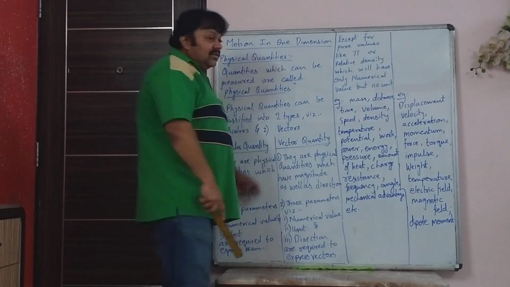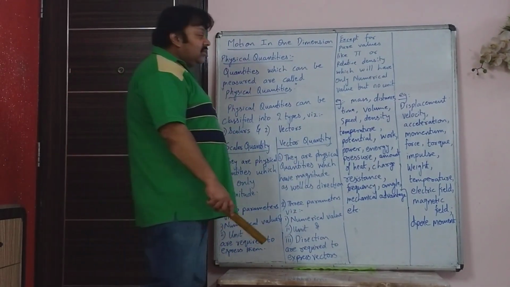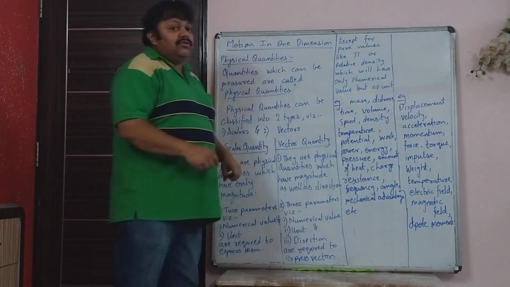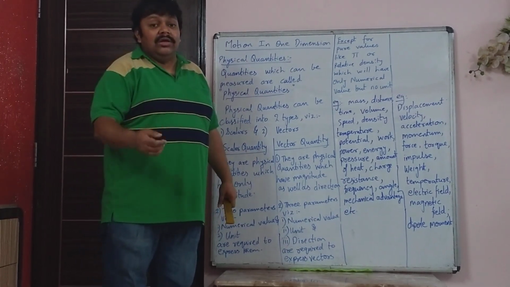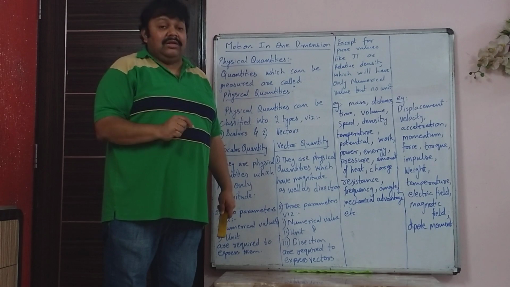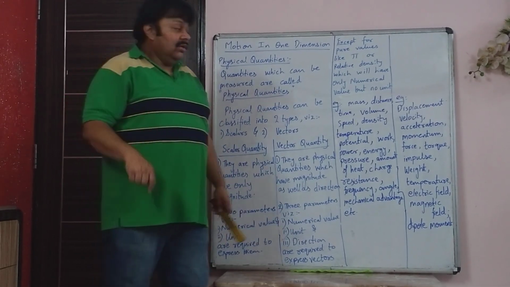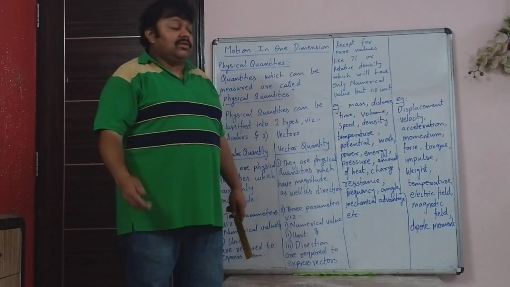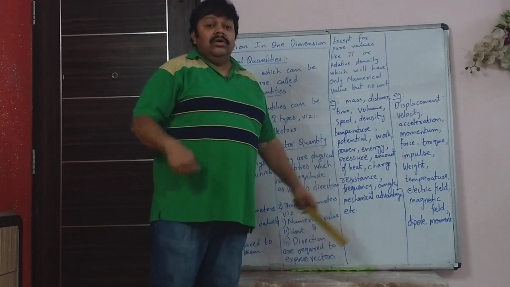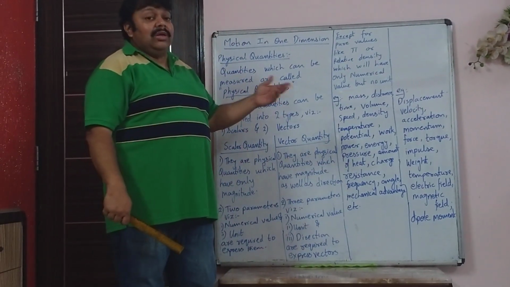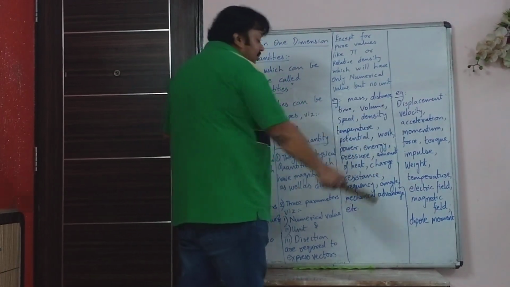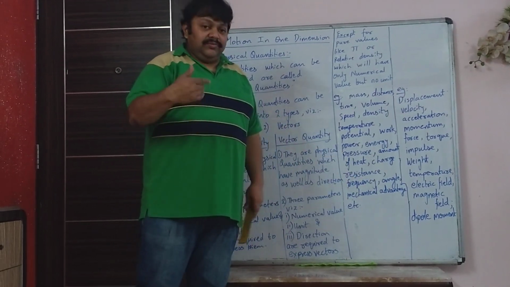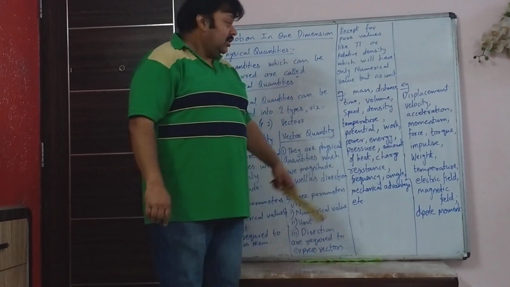And as far as vector is concerned, we take direction into consideration. So displacement, velocity, acceleration. Now in acceleration due to gravity, when an object is going up, you had taken minus sign because you said it is retardation. When the object is coming down, you took a plus sign because you said the speed is increasing. So direction is taken into account. That plus minus sign is because of direction being taken into account. Momentum, denoted by P, mass into velocity, we've come across that in chapter 3, that is vector quantity.